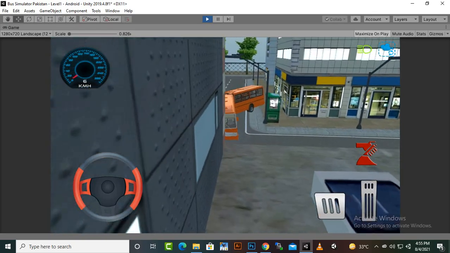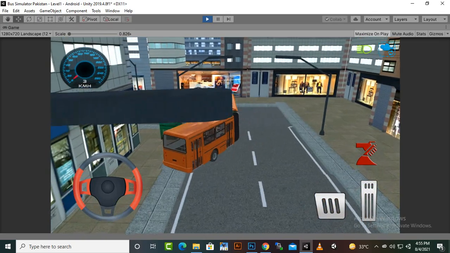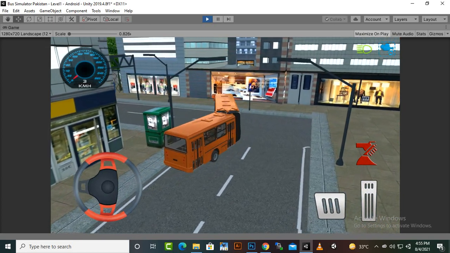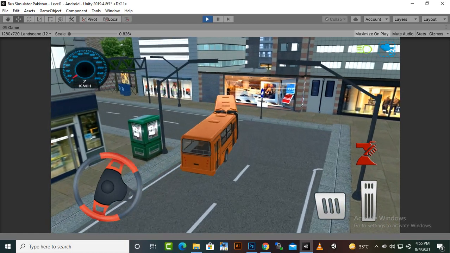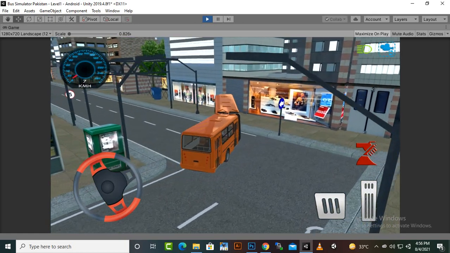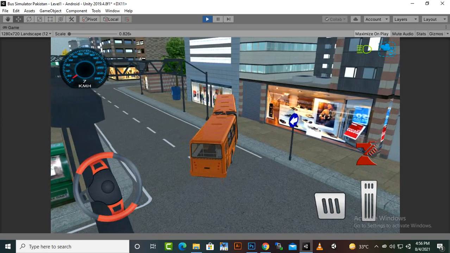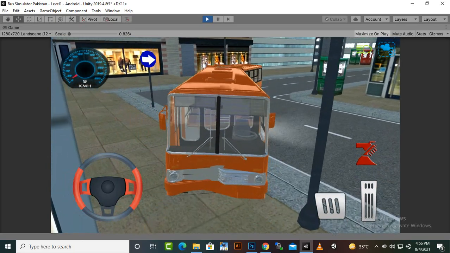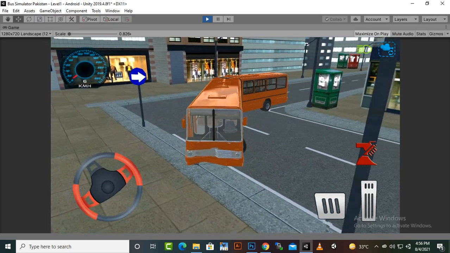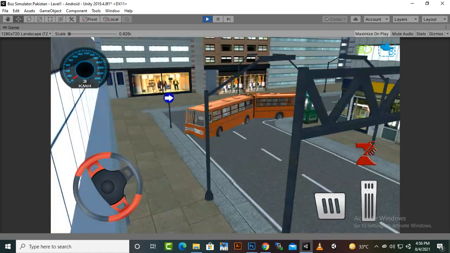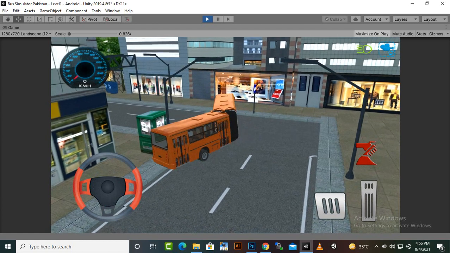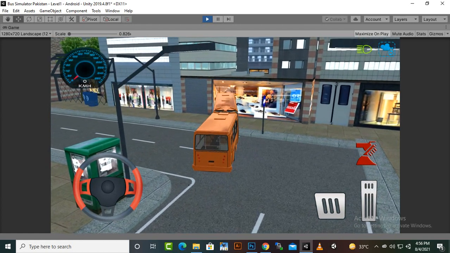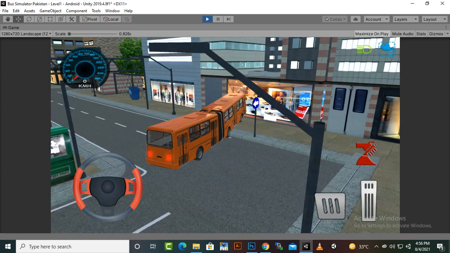So it is very difficult to move on. In mobile it will actually be controllable because the touch controls are there. So on PC this is really difficult. Anyhow, you can see that we can control the bus and we can move on. So that's nice. We have successfully created our first